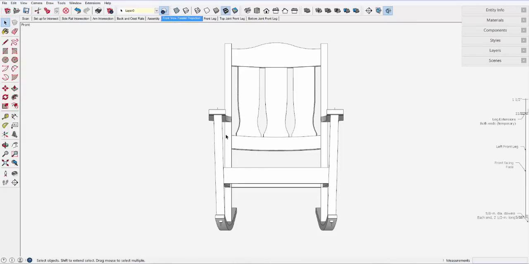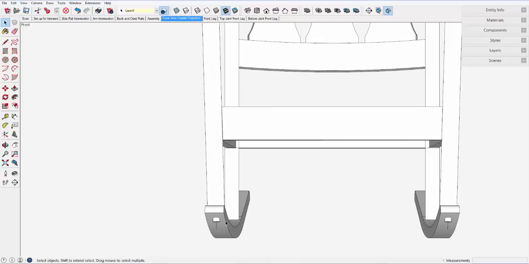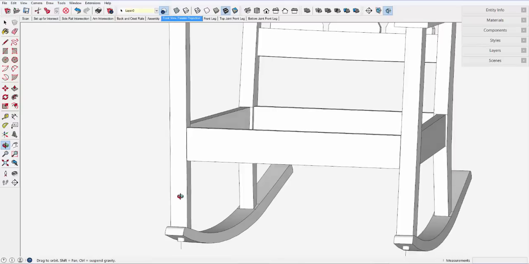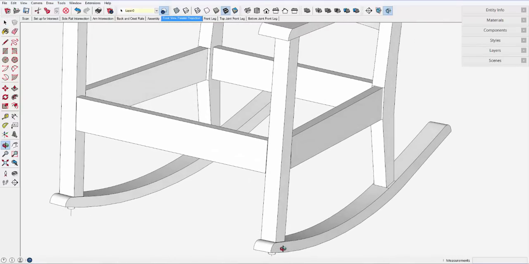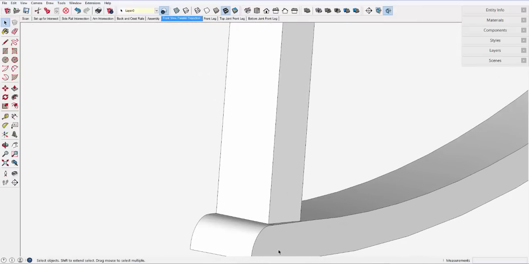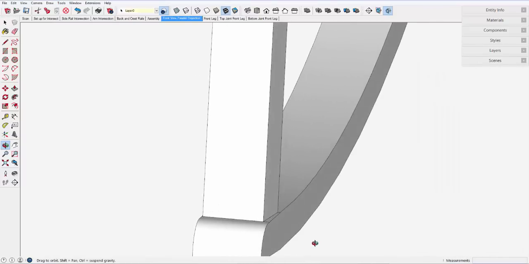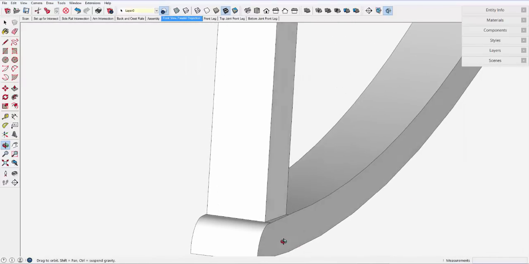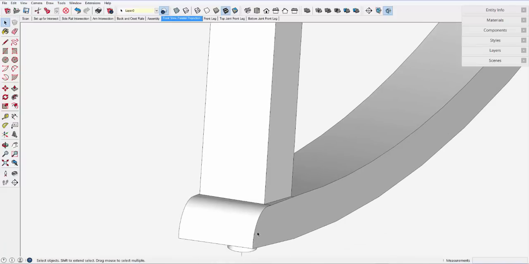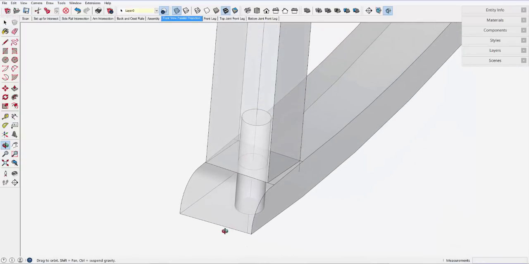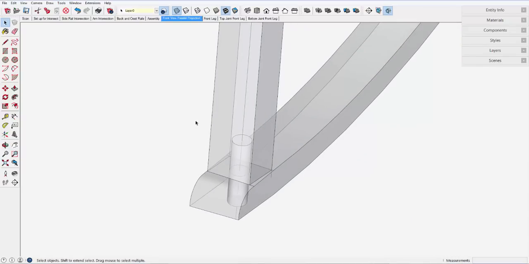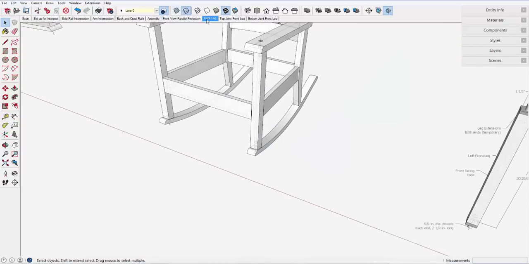But what I started to worry about is how I would show the joinery, the connections of these components. You can see the splay of the front legs in two directions, and then the compound angles required at the ends of the leg to meet up with that curved rocker. I have a flat place on that rocker where this leg meets that surface, and then, for example, a dowel for the connection. But how do you